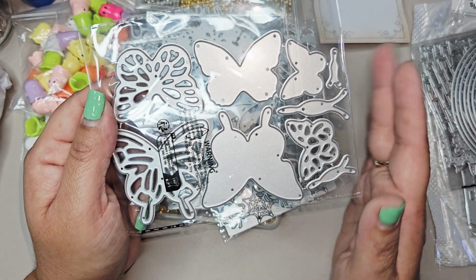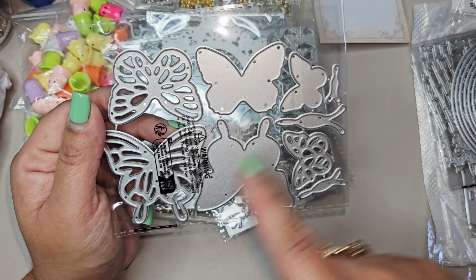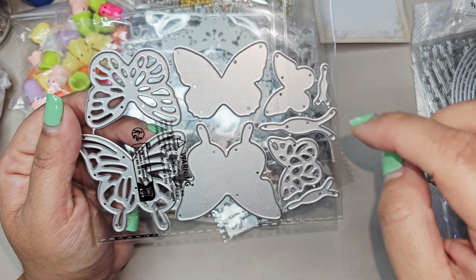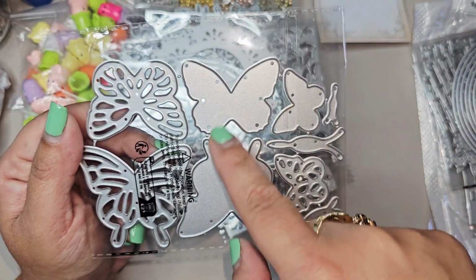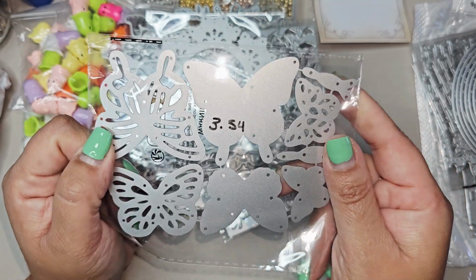I love all that stuff. So when I saw this one, I thought it was really pretty that it comes with the layering pieces. So each butterfly has its own little body, and then it has its own background, and then its own top layering piece. So I thought that was really nice. That was